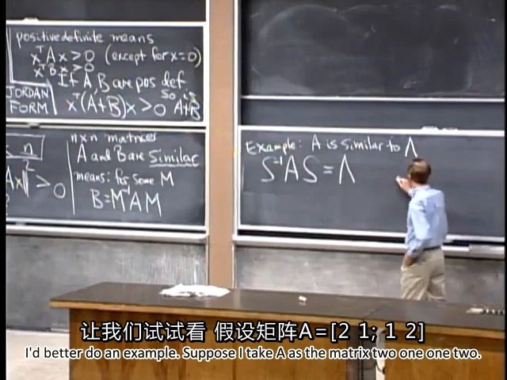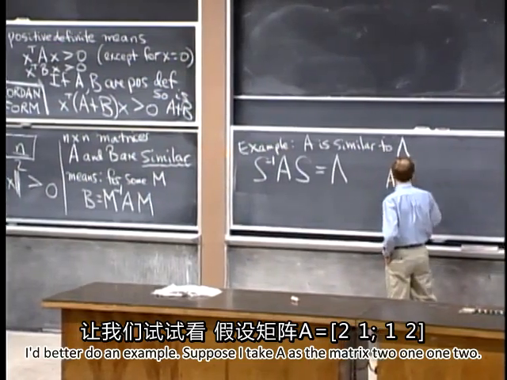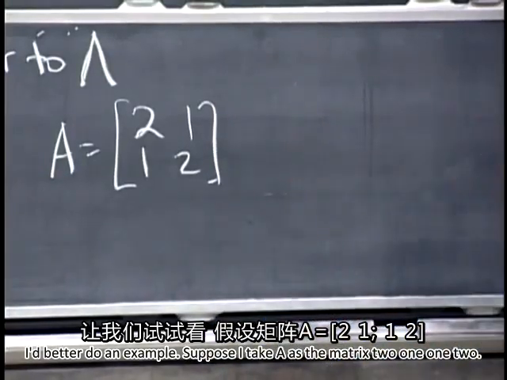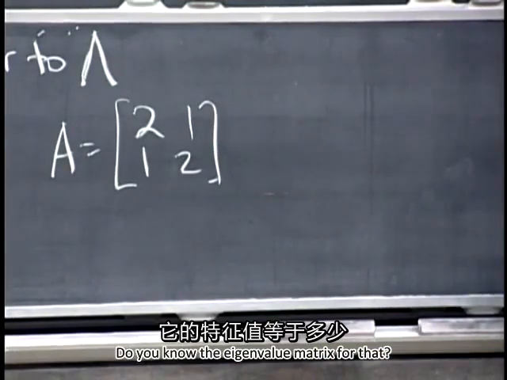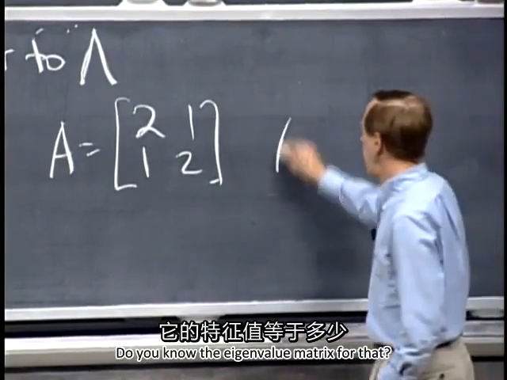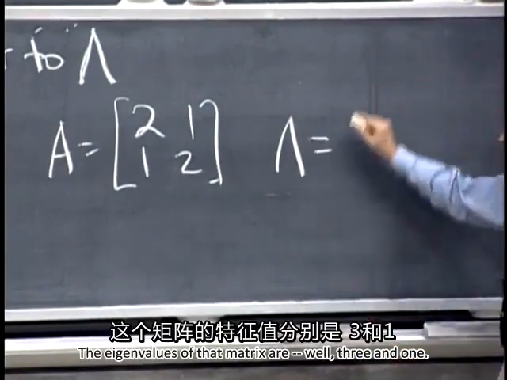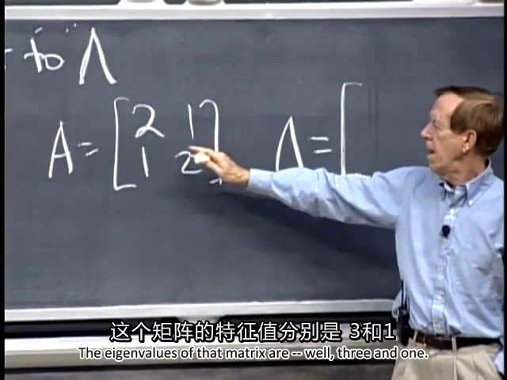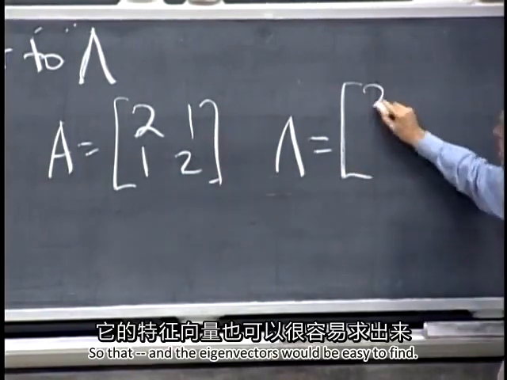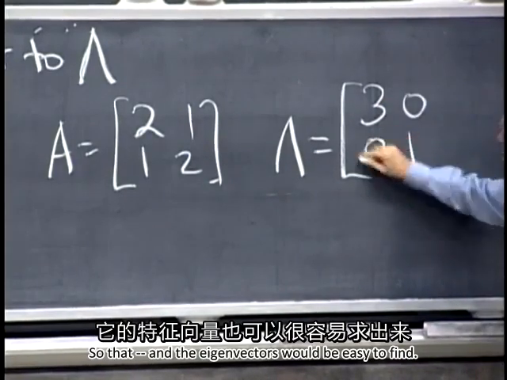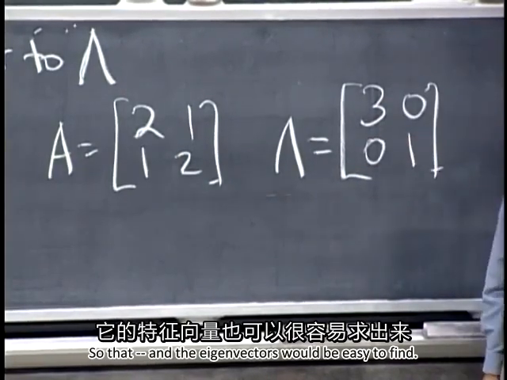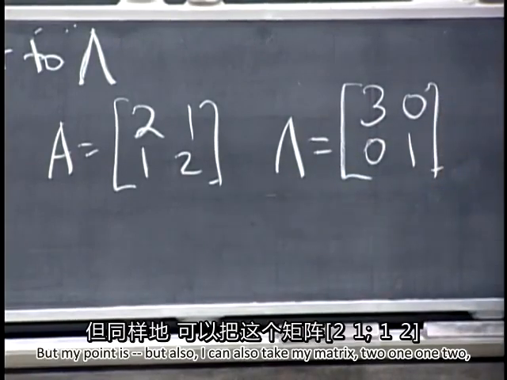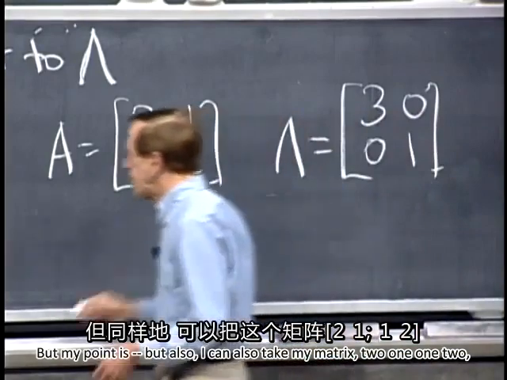Suppose I take A as the matrix 2, 1, 1, 2. Do you know the eigenvalue matrix for that? The eigenvalues of that matrix are 3 and 1, and the eigenvectors would be easy to find. So this matrix is similar to this one. But my point is, I can also